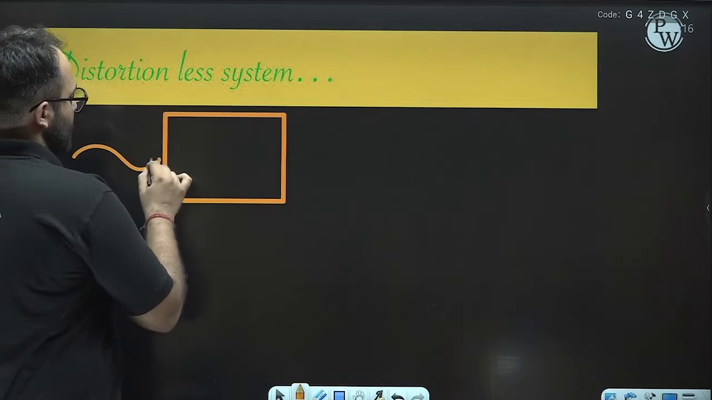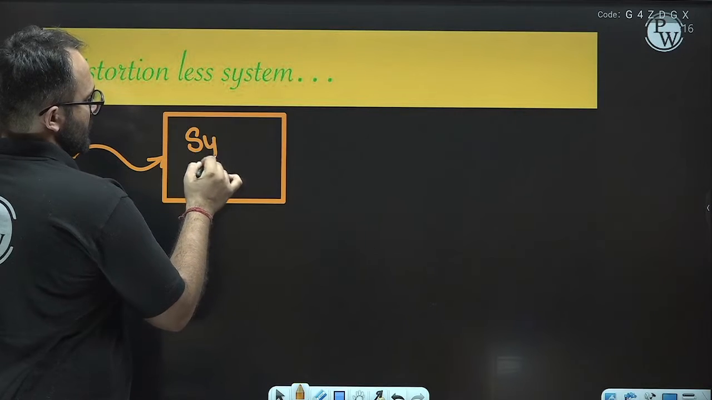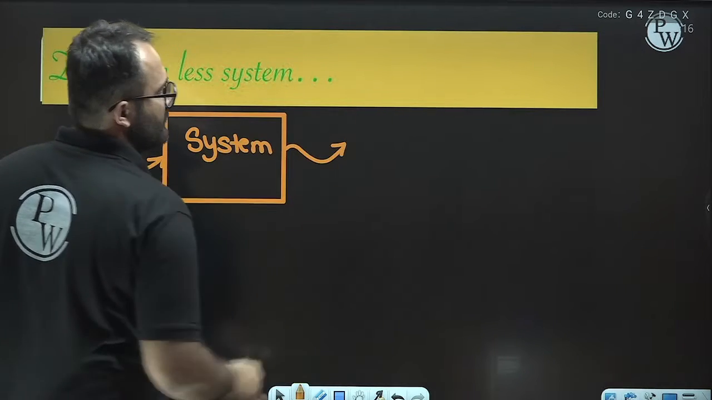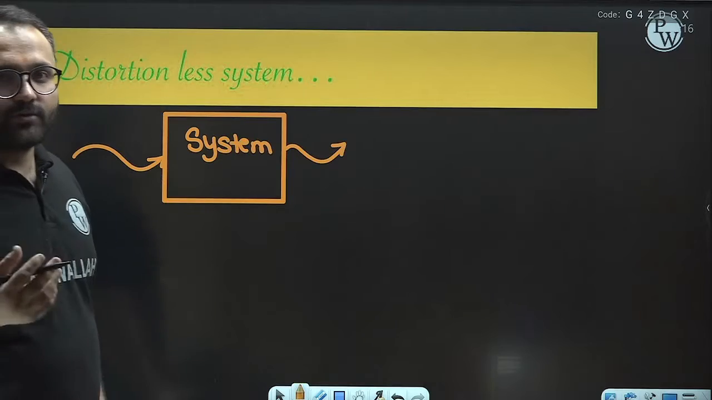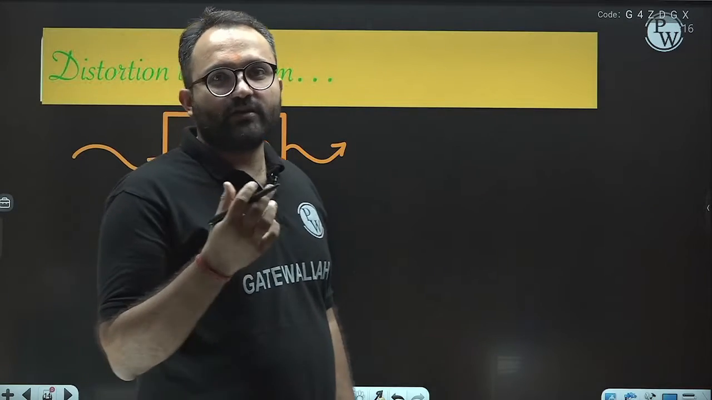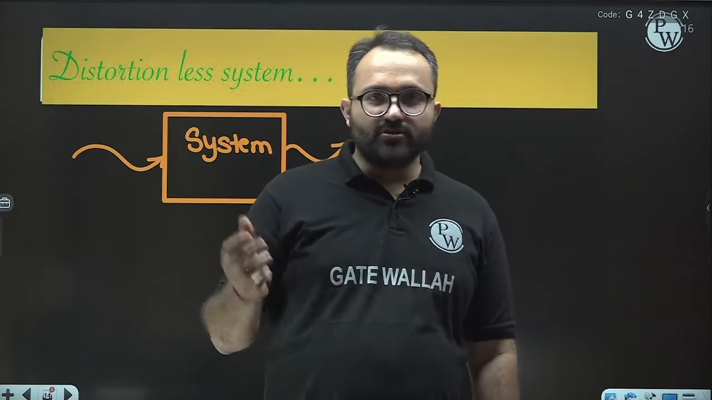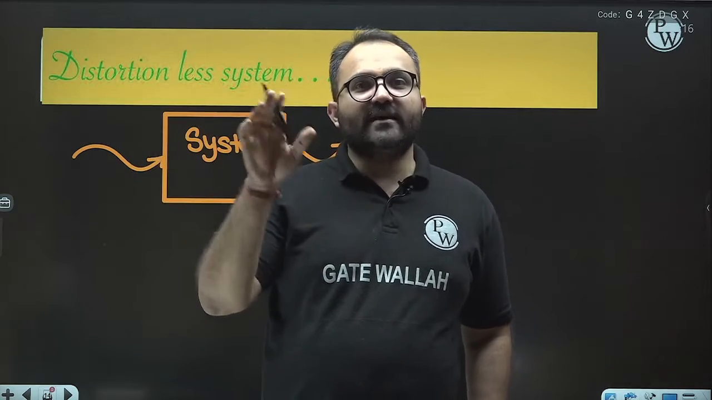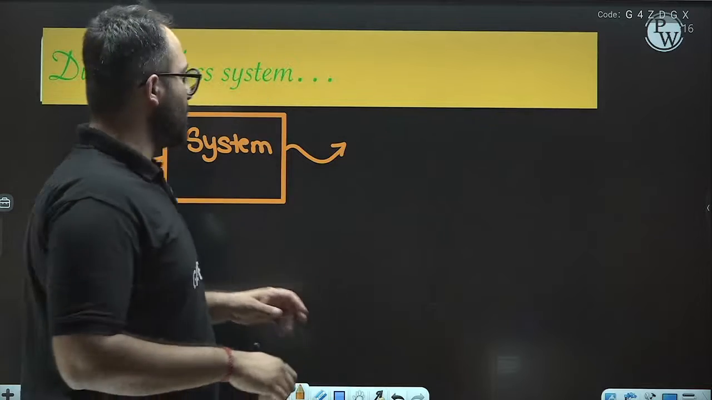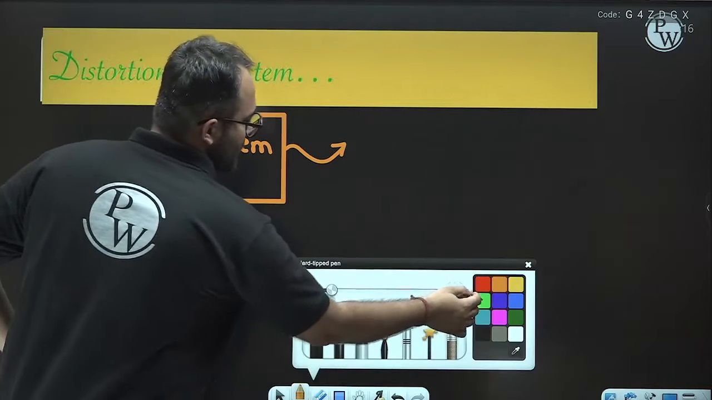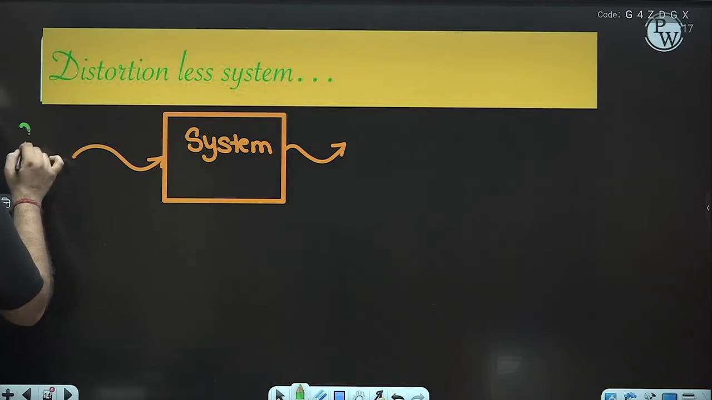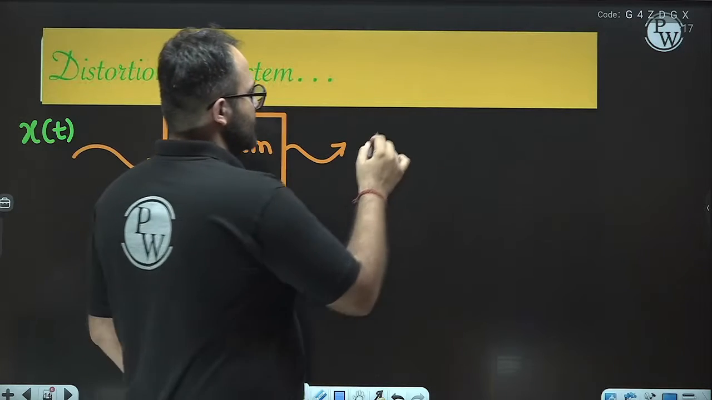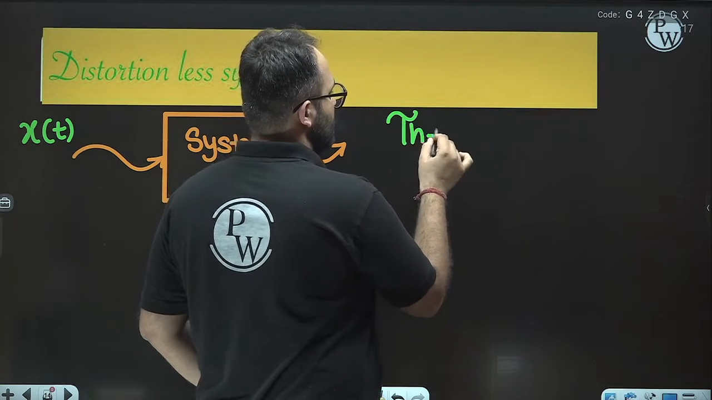whenever any signal is provided as input to the system, then at the output, the shape of the signal should not be changed. Or we can say that the output shape and the input shape should be same. The shape of the output and the shape of the input should be same. So if x(t) is given as input,